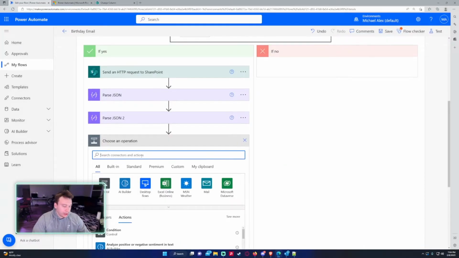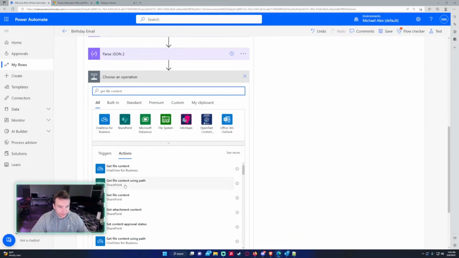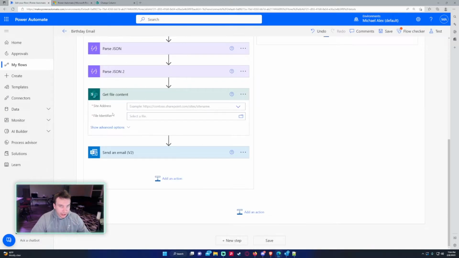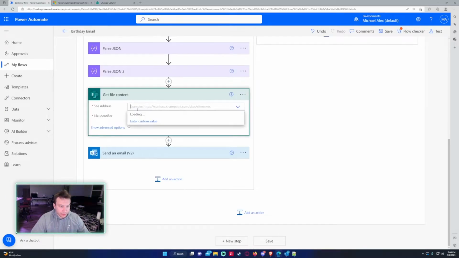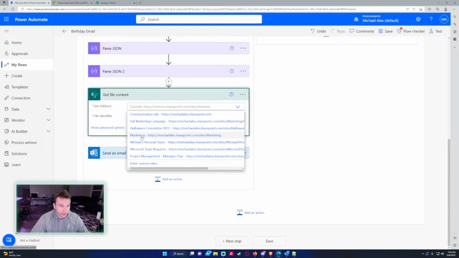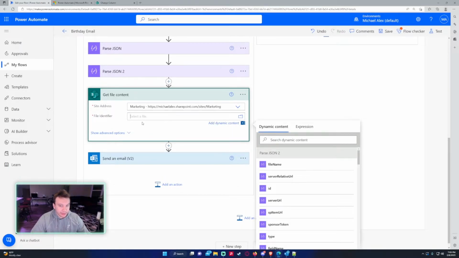Next, we're going to get the file content. So it'll be get file content. So just get file content, none of the other SharePoint ones. I'm going to use marketing. Then for the file identifier, it's going to be